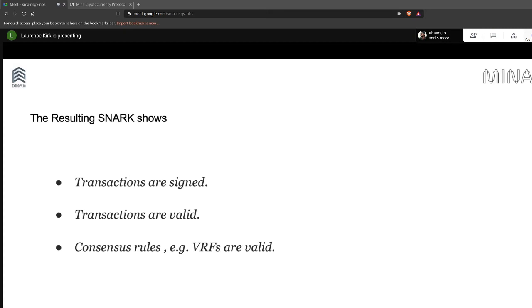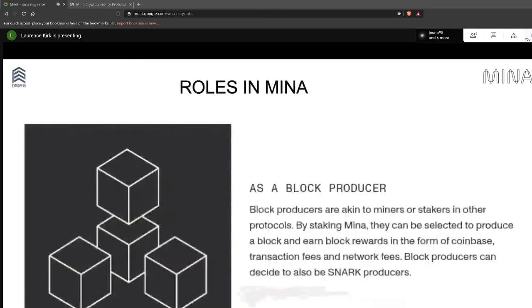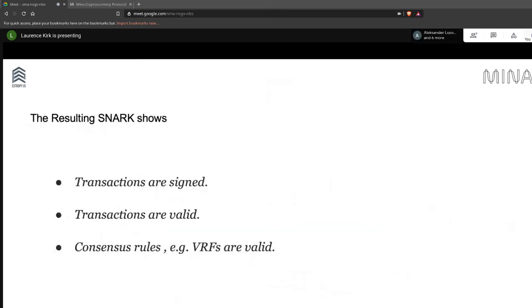So we know our consensus has been followed. So we could effectively end up with one SNARK then that encapsulates all of this. And Mina does not just use one SNARK. I mean, there are SNARKs proving all the pieces in this verification, which are then pulled together into a resulting SNARK. And the design could have gone two ways.